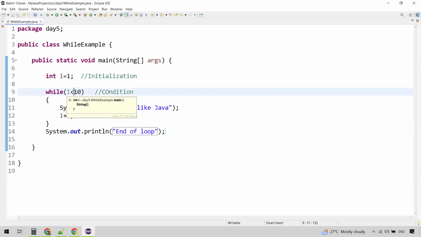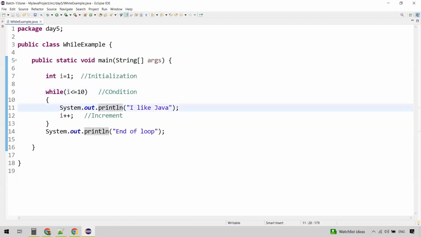So how to make this condition true and print 10 times? What we can do is just say I less than or equal to 10. In that case, when I value is 10, 10 less than or equal to 10 will also be verified. So in the 10th iteration, this condition will be true. 10 less than or equal to 10 is true. So it will enter into the loop, execute these two statements, then the iteration ends,